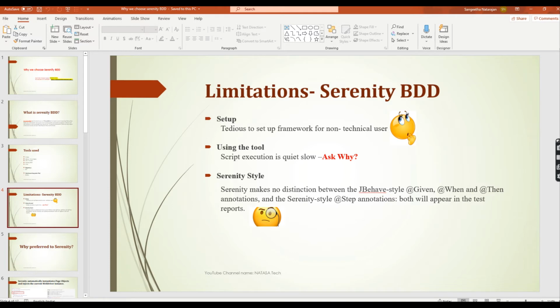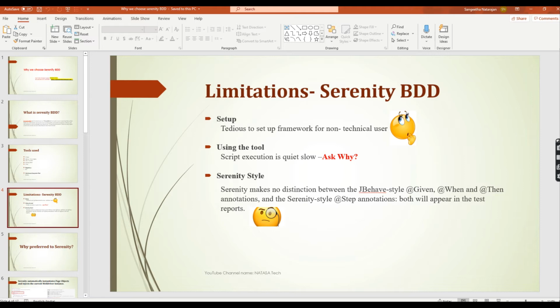And the Serenity style, here I have to compare with Cucumber. In Cucumber we can use given, when, then, and, but. These kinds of annotations are implemented inside the steps class file, right? Like that, in Serenity also we use given, when, then, and we also use separate annotations, which are steps and issues. Serenity provides a lot of annotation benefits.